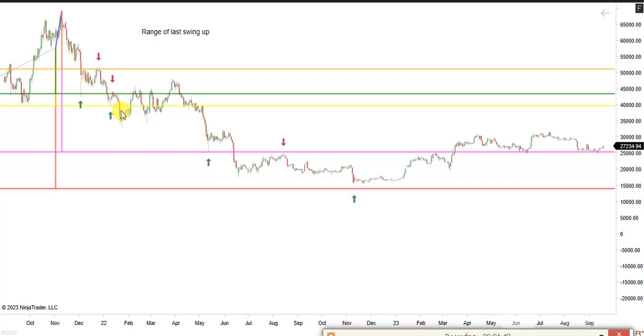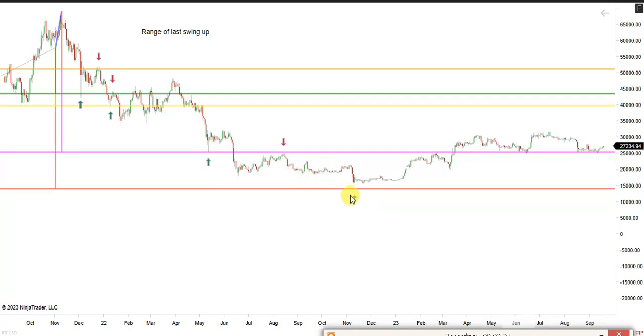Then it broke through the yellow line, came back, bounced off the green a few times, got caught in a consolidation area until it finally left in May and went right down to the magenta line, where it reversed strongly off of that. You can see the wicks you have at these levels, which shows you the type of support volume that comes in when these prices are hit. And then